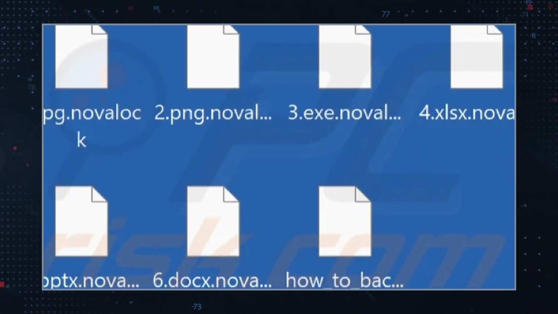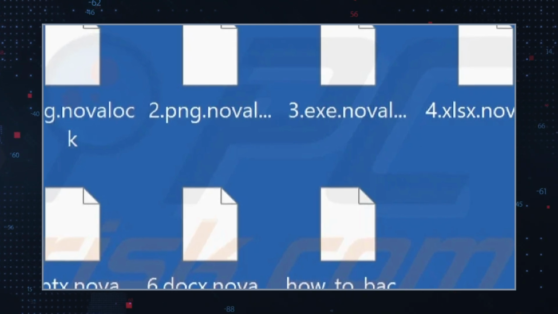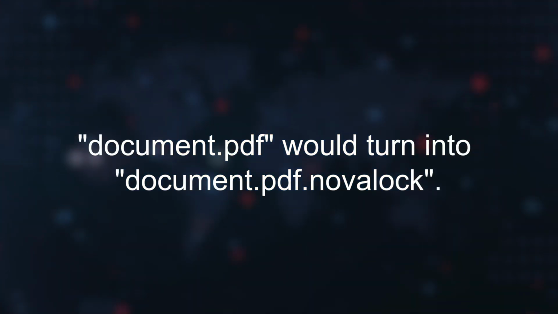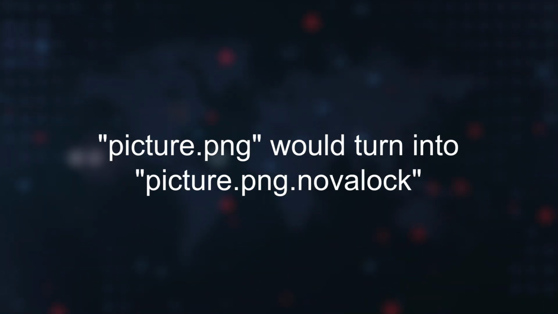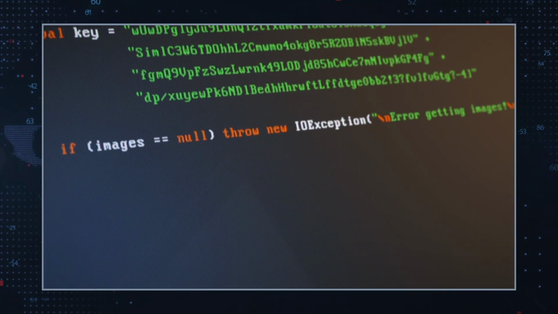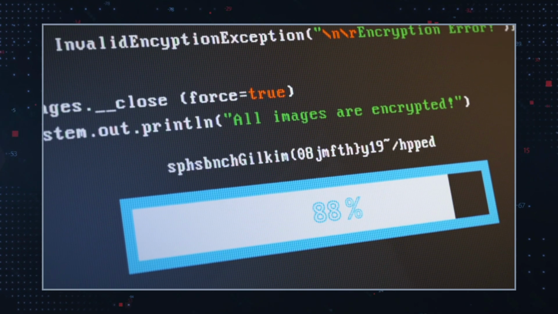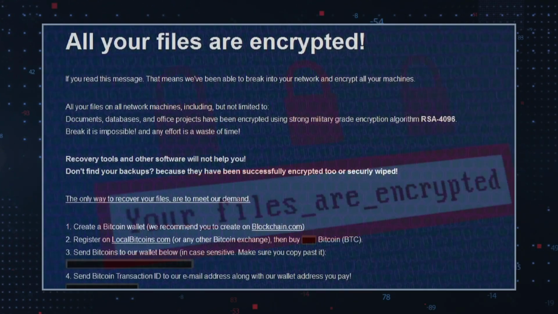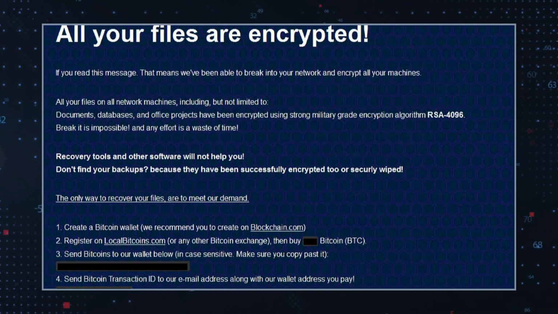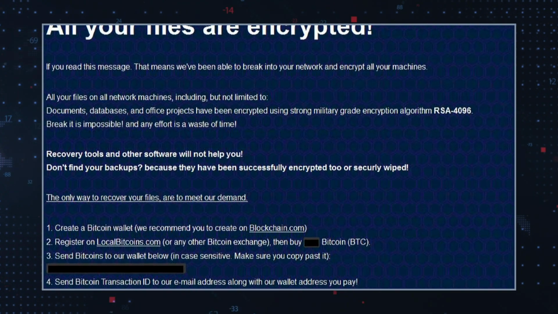Novalock infiltrates systems and encrypts files, appending the .novalock extension to their names. Document.pdf would turn into document.pdf.novalock. Picture.png would turn into picture.png.novalock. This encryption process ensures that files cannot be opened or used without the corresponding decryption key, which is held by the attackers. After the encryption, Novalock creates a ransom note in the form of an HTML file titled